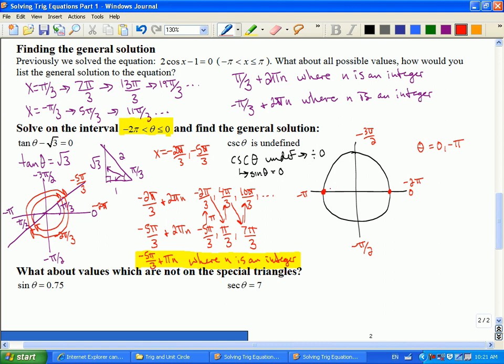And again, if you look, it's going to keep repeating every 180. So this one here, you can write it like this. Or we can simplify it and just call it,